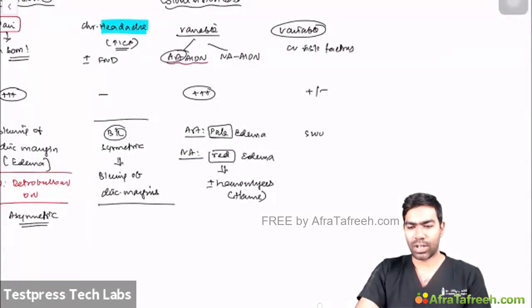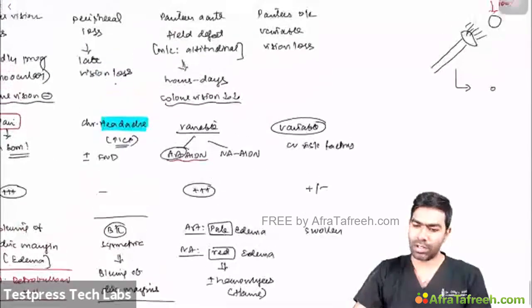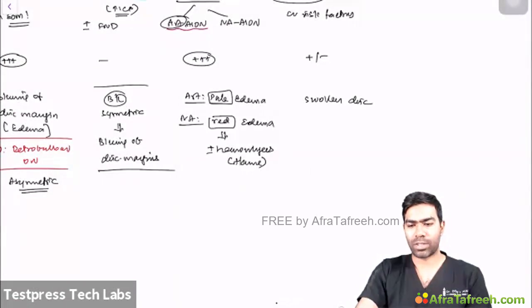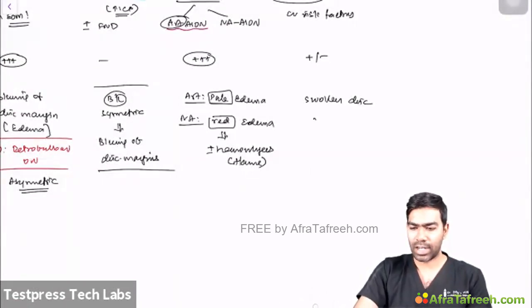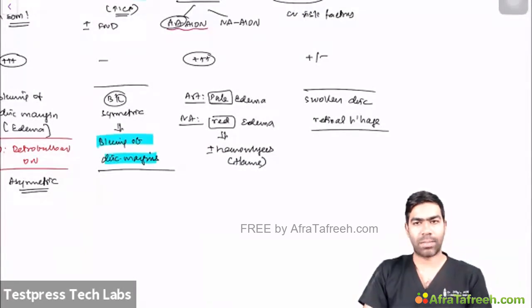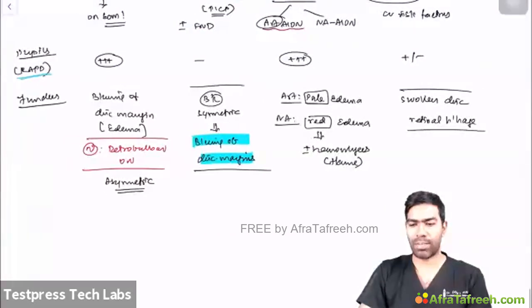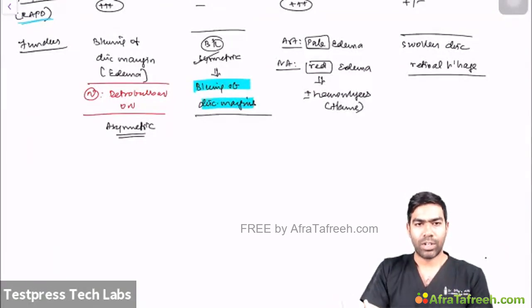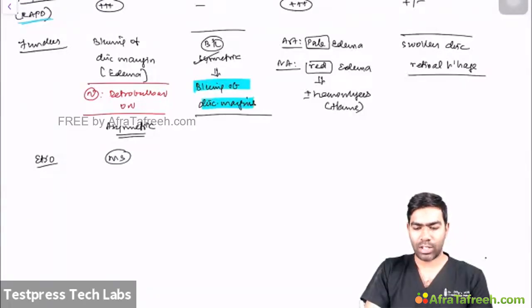And here also, in CRVO, you'll have a swollen disc basically, and more often they'll be having a retinal hemorrhage. So that is why I told you in papilledema, you will not have any retinal hemorrhages. That goes against papilledema. You will be just having a bland blurring of the disc margin that will be bilaterally symmetrical. Very, very important point. So then as far as the etiologies are concerned, most important etiology in exam is MS,